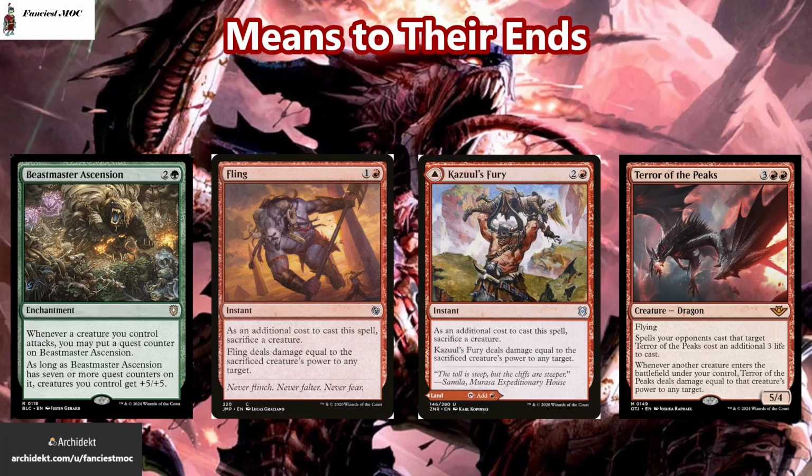So the first one we have is a win con, and that's Beastmaster Ascension for 2 and a green. This is an enchantment with whenever a creature you control attacks, you may put a quest counter on Beastmaster Ascension. And as long as it has 7 or more quest counters on it, creatures you control get +5/+5. Even though we won't be getting those quest counters from all of our myriad tokens and things like that, just